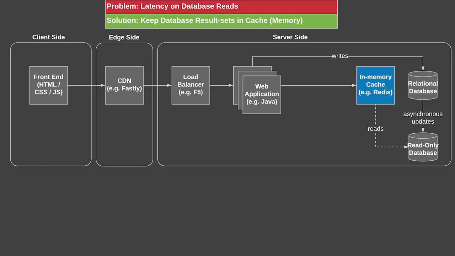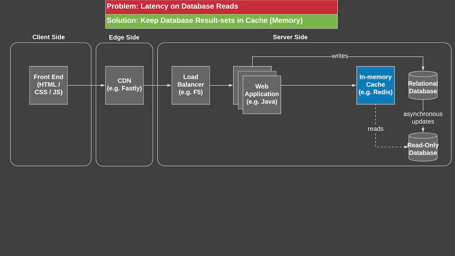Now, the other thing is when you actually put caching in front of your database, what you need to do is change your web application's data access layer to invalidate the caches and perform the writes to the database and invalidate the cache, and make sure if the data doesn't exist in the cache, read it from the database and update the cache.